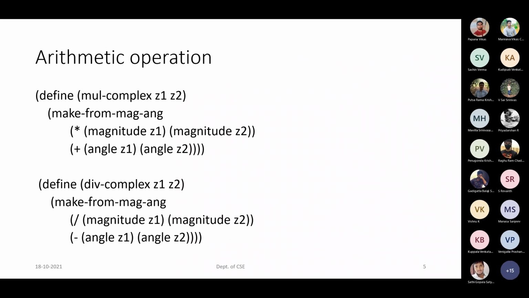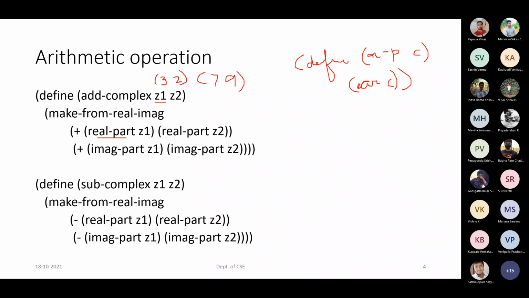So the point here is, when we are doing the arithmetic operations, if you remember, adding two complex numbers will be easy if your representation is in the rectangular form. Keeping that in mind, we have defined it like this. If it was in the polar form, adding two complex numbers would have been a little bit tricky, with an R value with cos and sine, and the sine theta value has to be applied.